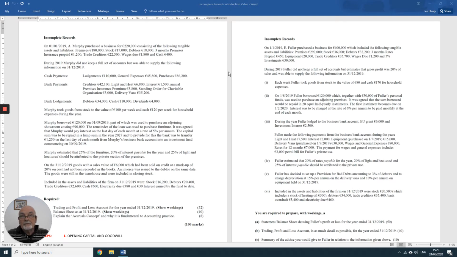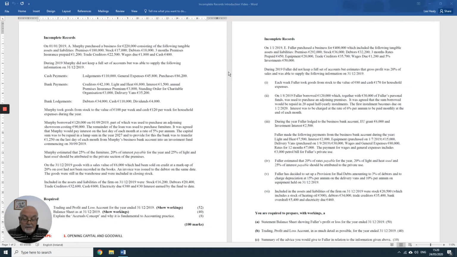to the ledger. With incomplete records, we haven't been keeping proper books of accounts, so we don't have a ledger. Therefore, we don't have any balances from which to extract a trial balance. So we've got incomplete records. And the more incomplete those records are, the less reliable the trading profit and loss and balance sheet will be,